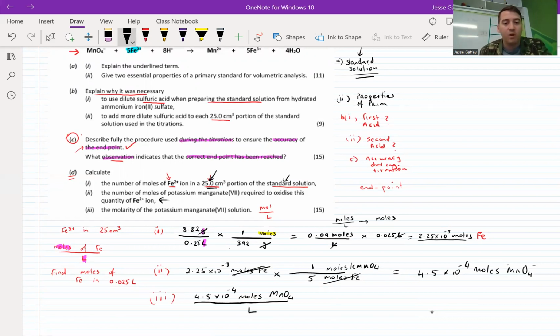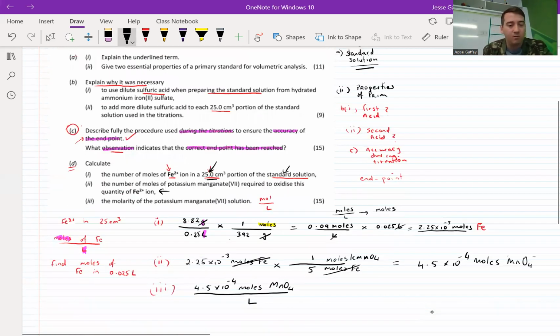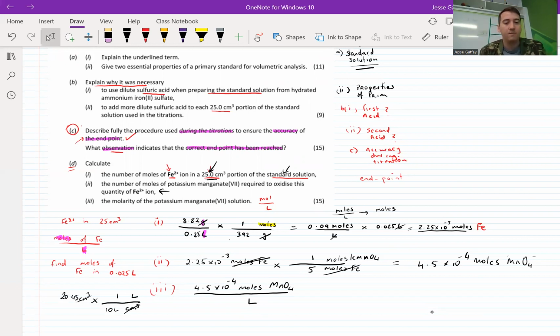Okay, so the volume was 20.45 centimeters cubed. We can do some rough work if you want. I'll show you how to do it again. 20.45 cm cubed, and we want to convert that to liters. So put cm cubed on the bottom, liters on the top. The cm cubes can cancel, and now what's the relationship between liters and cm cubed? 1 liter for 1,000 centimeters cubed. So when you do that out, you should get